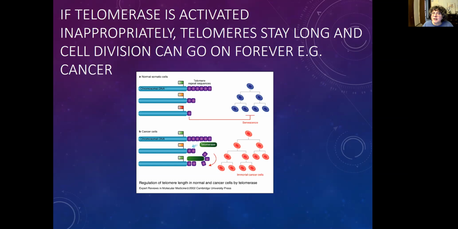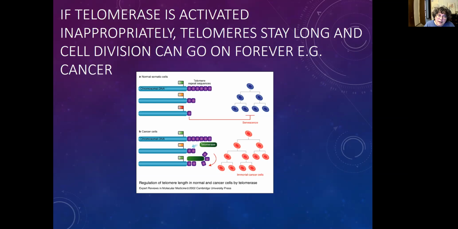Sometimes in some cells of your body, the telomerase gene that produces that enzyme will inappropriately get turned back on later in life. And in those cells, the telomerase is going to stick new telomere sequence on the ends of the chromosomes. What that means is that the cell can keep dividing when normally it would stop. So with the telomeres getting replaced by the telomerase enzyme, those cells can continue to grow and divide indefinitely,